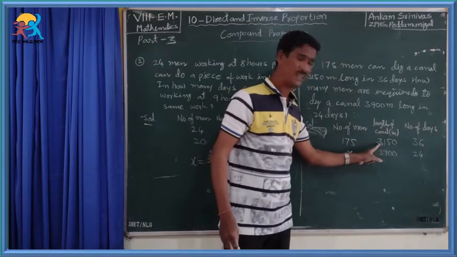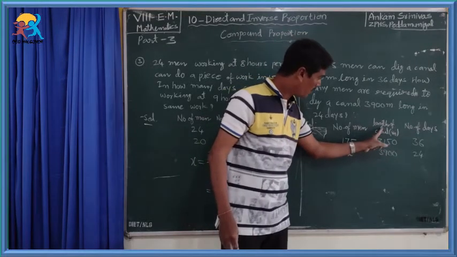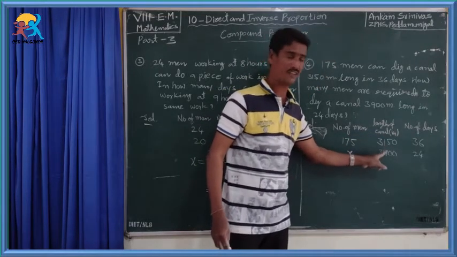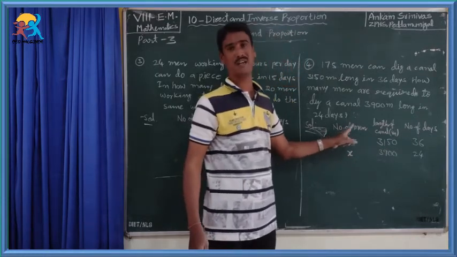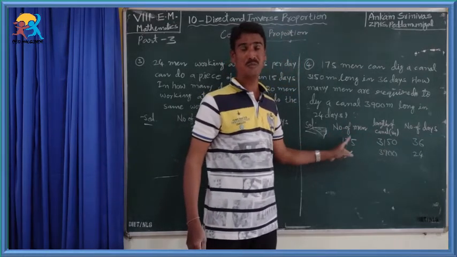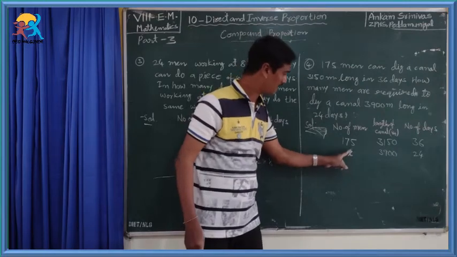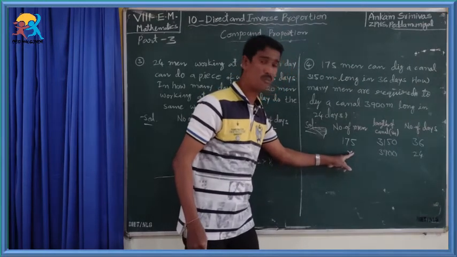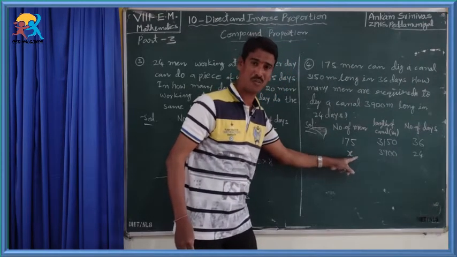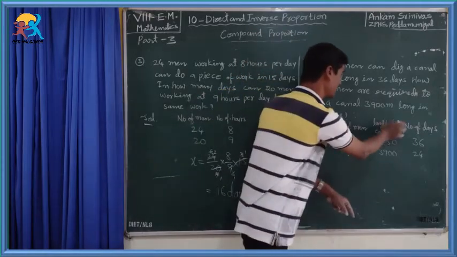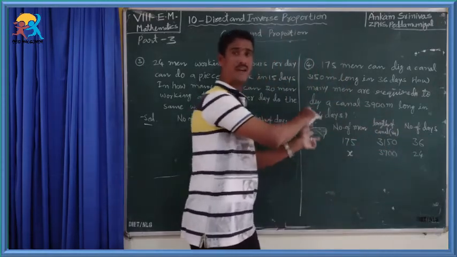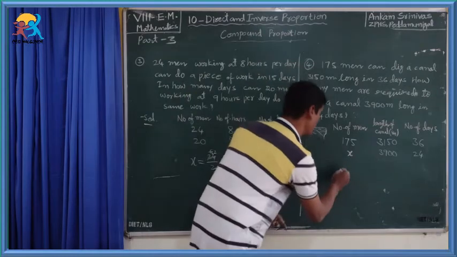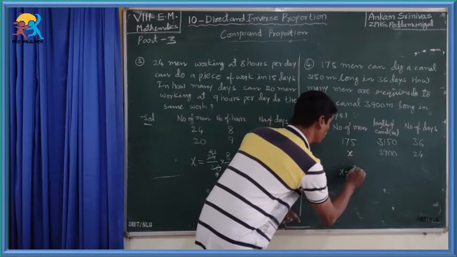To dig a longer canal, we require more workers. More means we have to take this ratio as more by less. So x equals more,